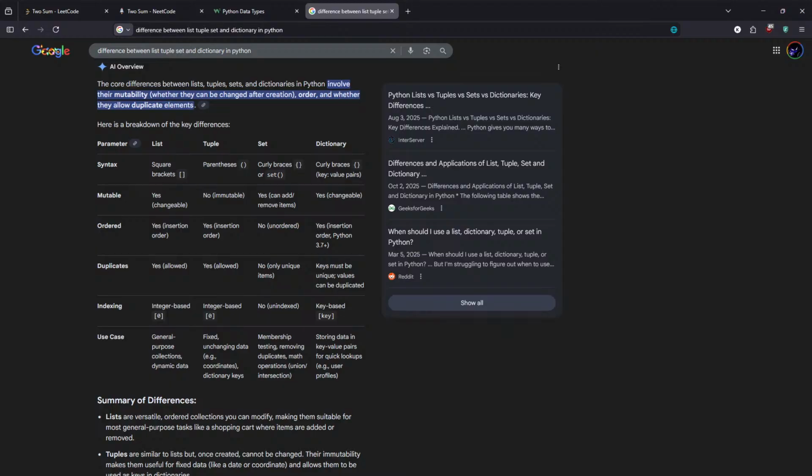Insertion order. Does it preserve insertion order? I mean, no. Yes, it preserves insertion order. And it allows duplicate keys, but not duplicate values. And you access the indexing with the brackets, key-based indexing. All right,